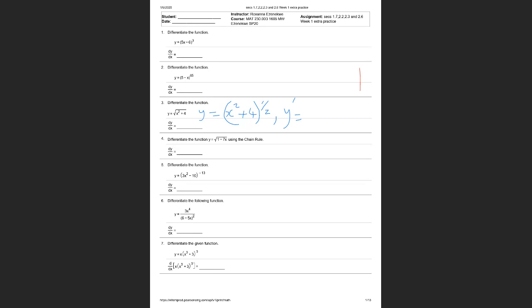I will apply the power rule, so 1/2 into, bring down the inner function, x squared plus 4 to power 1/2 minus 1, then multiply by the derivative of the inner function, which is 2x, and then simplify. Therefore, the derivative y prime of number 3,